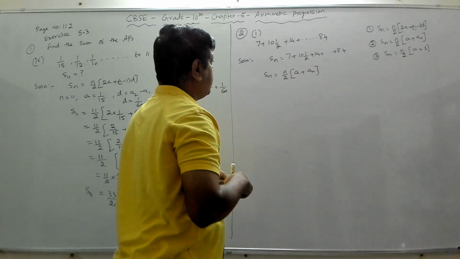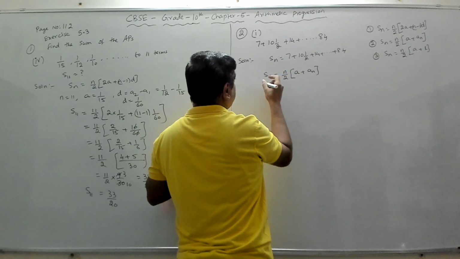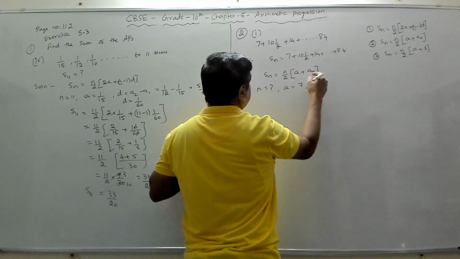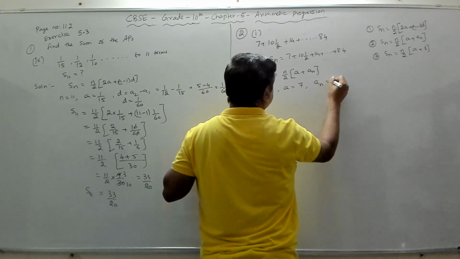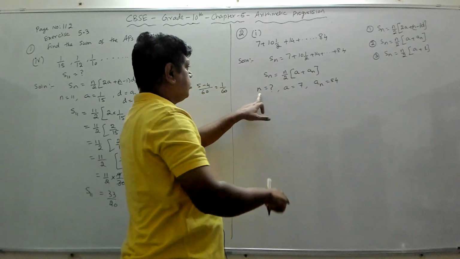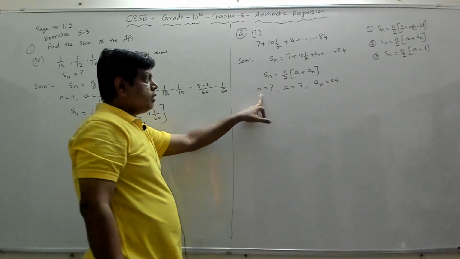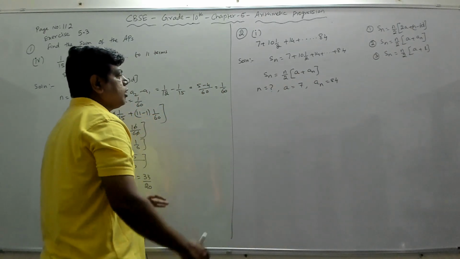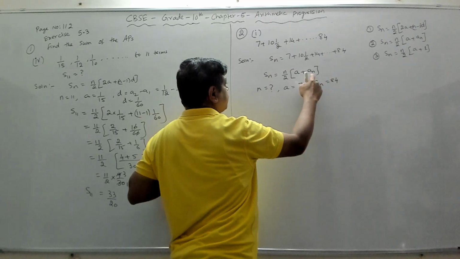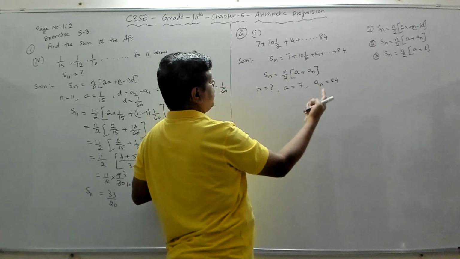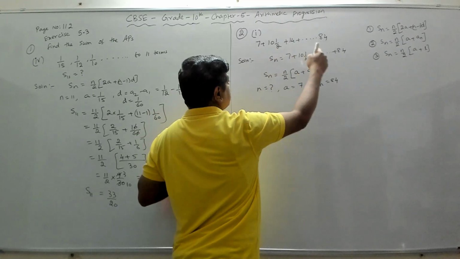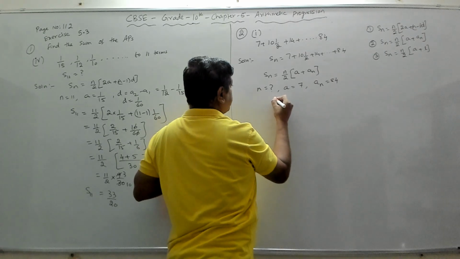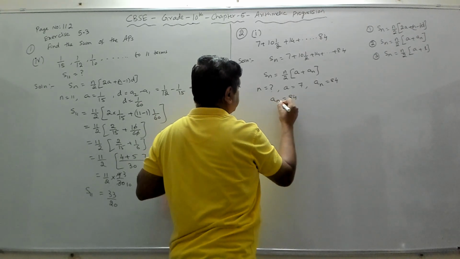So here n we don't know, n we have to find, n is question mark, and a is the first term which is 7 and an is 84. An is 84. So once we know n, then we can substitute here and find the value of Sn, right? Because we know a is 7, this is 84, we don't know n, we have to find n. Now how do we find n? Number of terms in this AP. So this is called an, the last term. Right? So our an is 84.